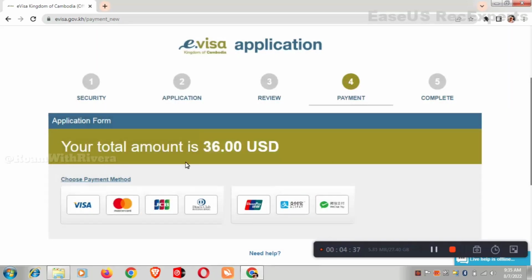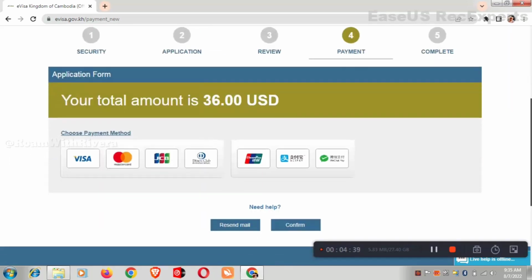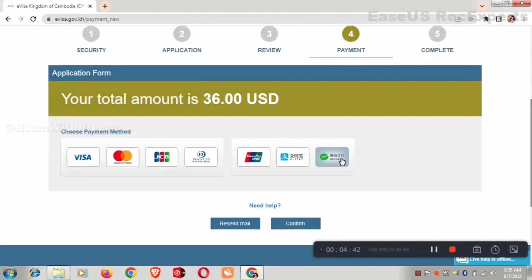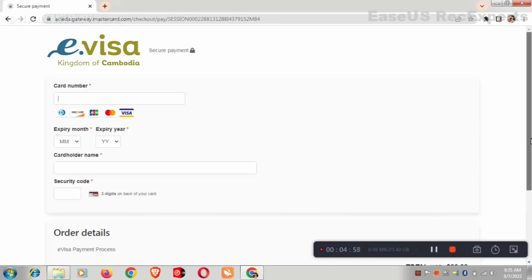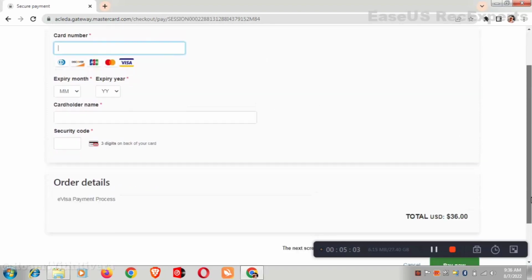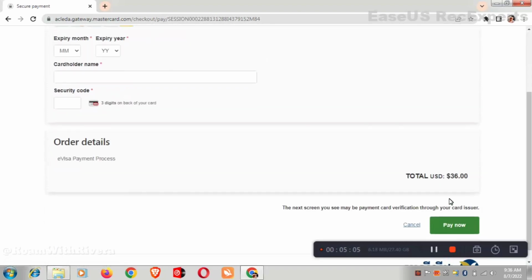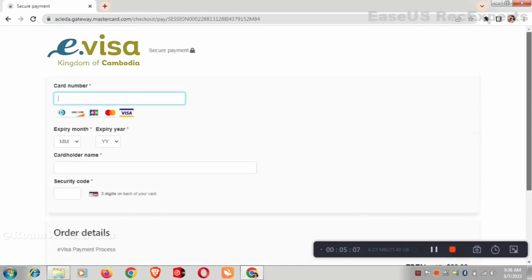Now here you have to choose a card with which you are going to pay the fees, and there is no option for RuPay cards, guys. So I have a Visa signature card, and notice here there is no option for RuPay cards, and that's why I said at the start of this video that you must have Visa or MasterCard to apply for the visa of Cambodia. So here I will just select Visa because I have the HDFC Visa card, and when I click on confirm, it will take a while to take you to the payment gateway page, and then you can fill in your card details and pay the visa fees of $36, guys. I won't show the payment method because you can just do it very easily like you do on Amazon.